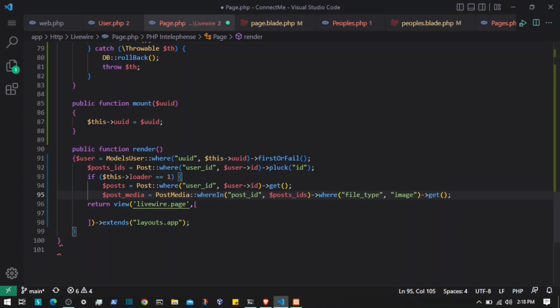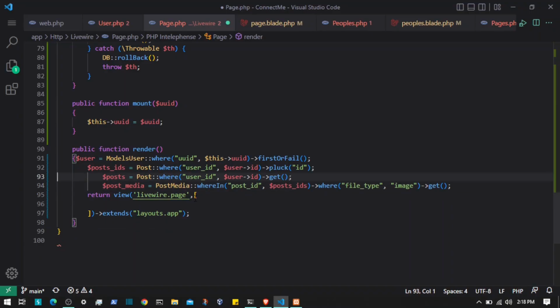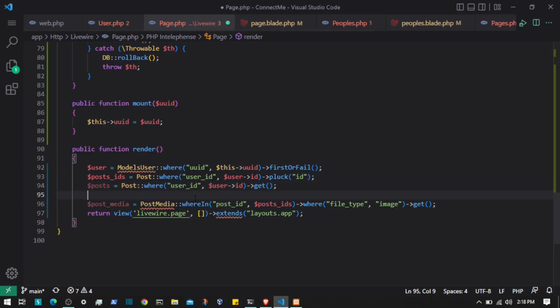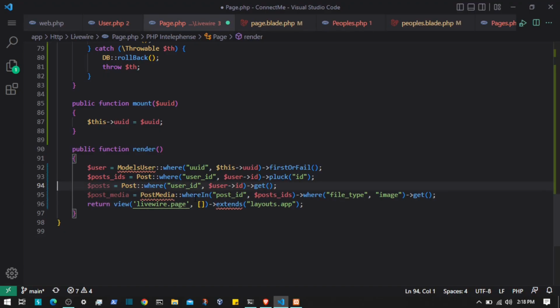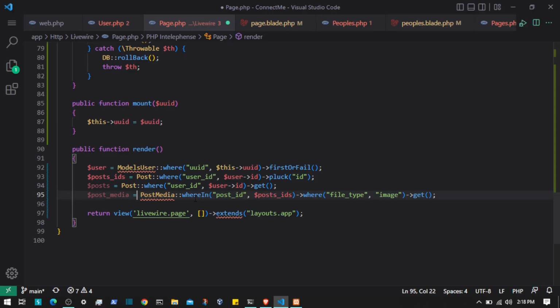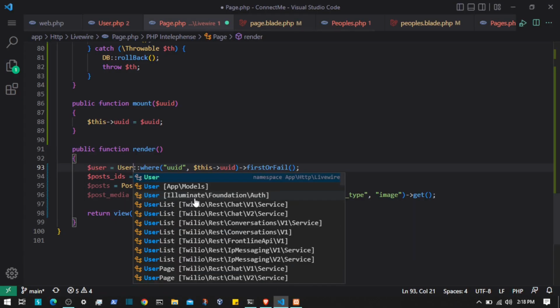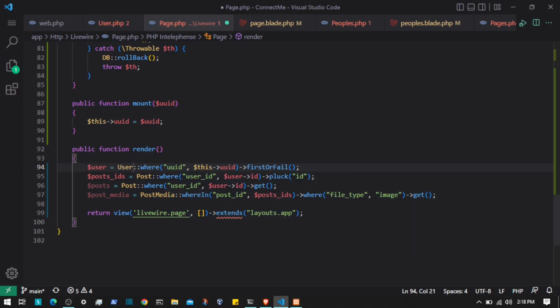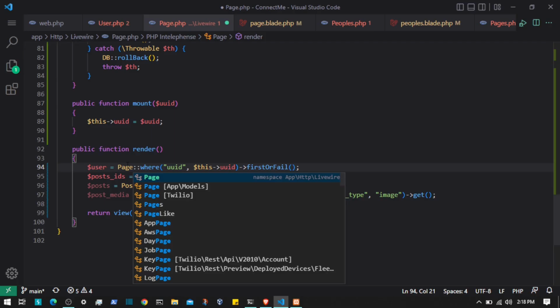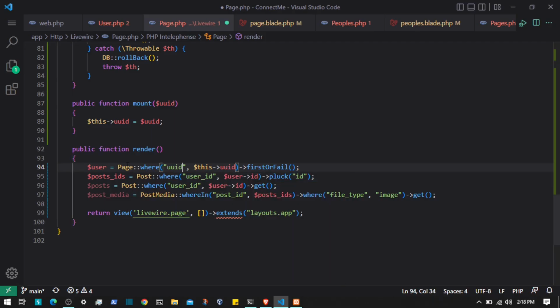Let's format the UI. We don't need any app condition because it's only one page or one thing. I'm going to remove the media section. You can include if you want, that's not a big deal. And here we are going to have the user model. I think this is a user model, so I'm going to import that like this. But instead of finding the user UUID, we are finding the page UID. So I'm gonna do the same thing, just change the user to page, and let's say this